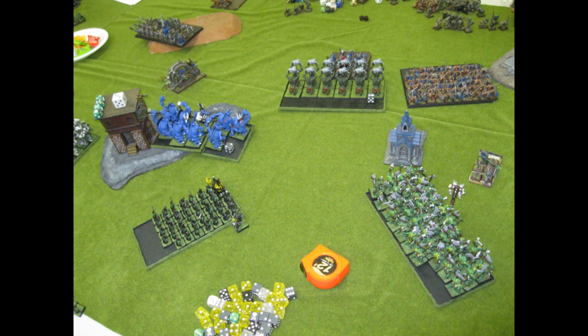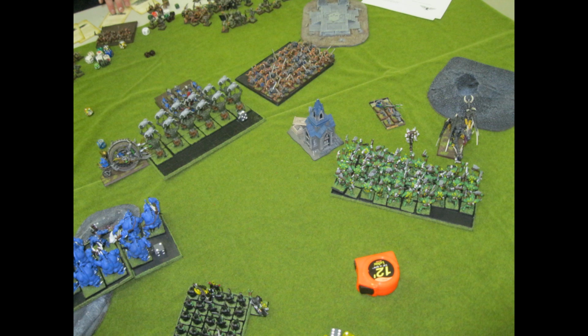It scatters down to the furnace, does 3 wounds, so I direct all my attacks at the furnace, destroy it, they break, I run them down, and I'm now into the bunker. So this is just so good now for me. His turn 4, he has the Doom Wheel going to the flank of my Trolls, and he has the HPA